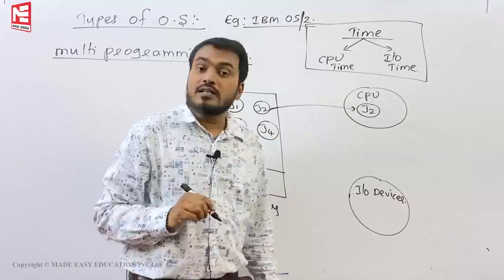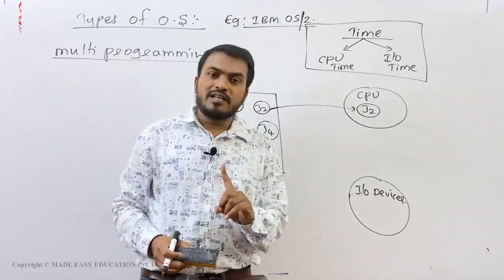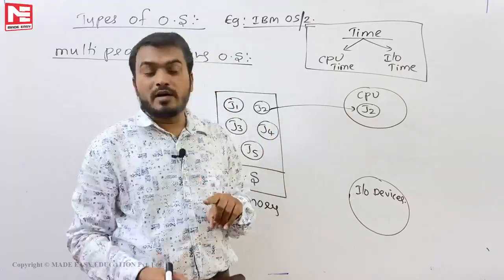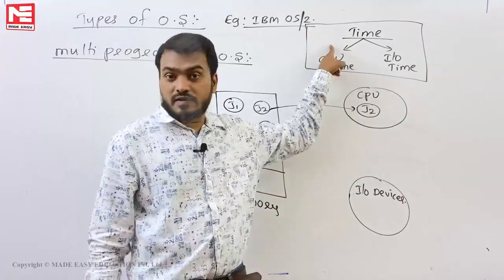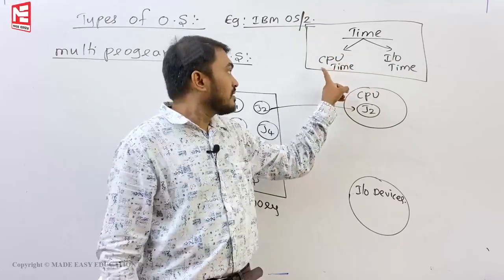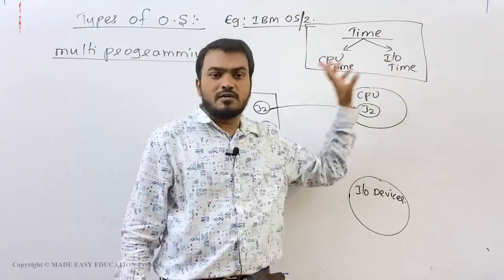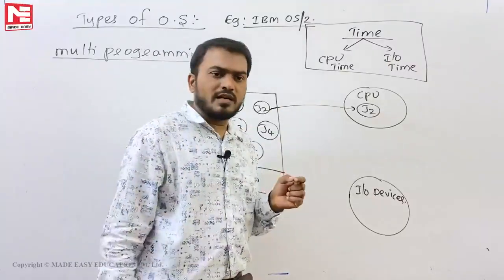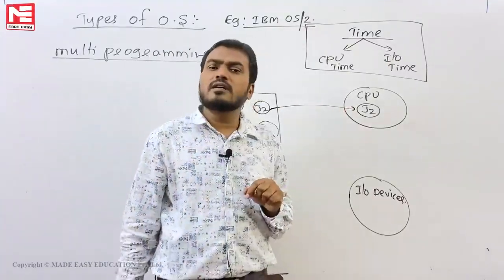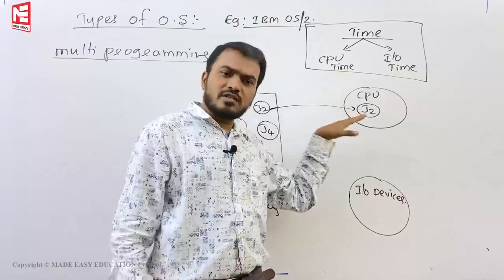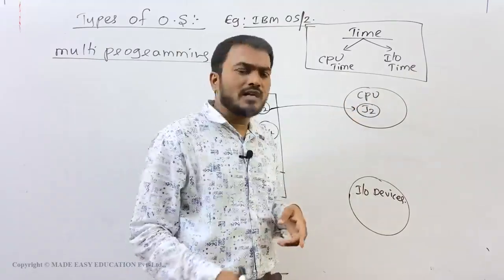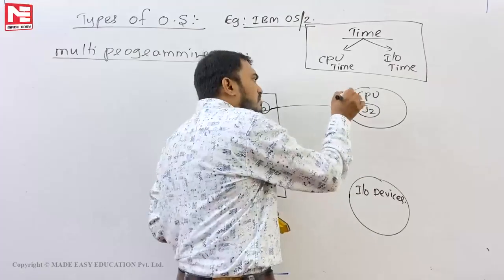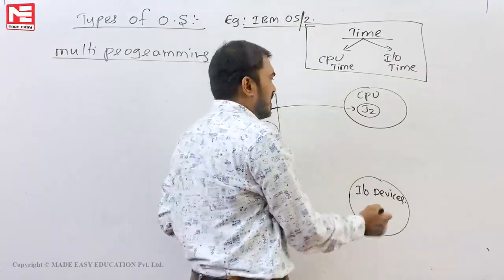Same thing as I said, in order to complete any kind of job, a job generally requires two different times. What are they? CPU time, and next is IO time. Now let's say you schedule some job onto the CPU here, and the CPU will execute CPU time. It will execute some instructions, make some calculations and all that. After executing some amount of CPU time, if the running job requires any IO operation,